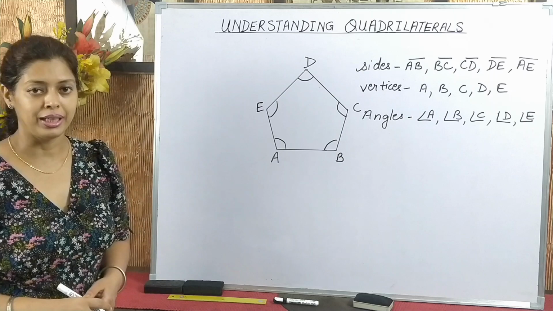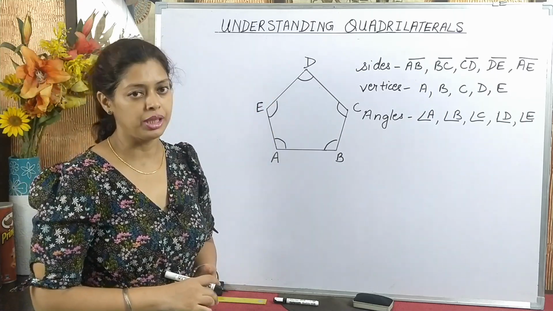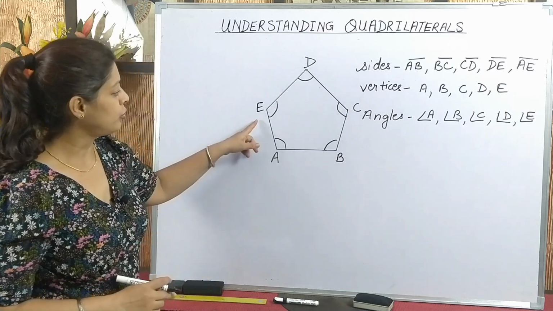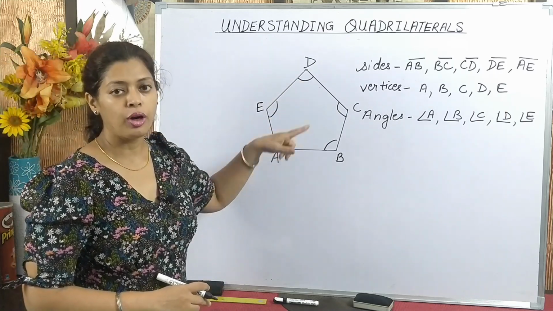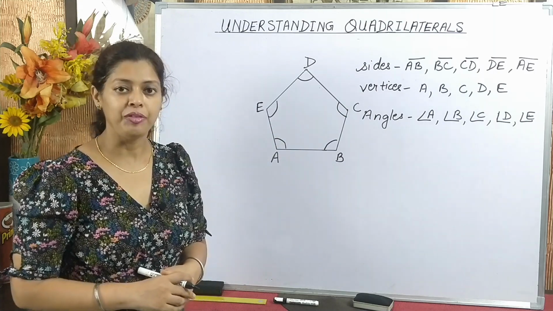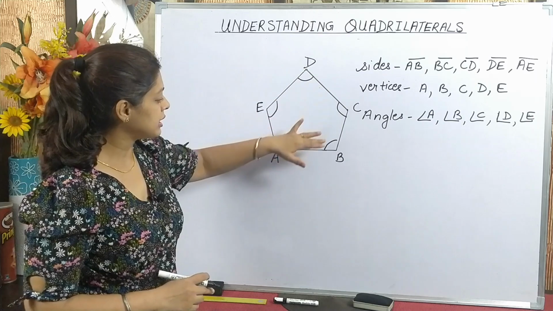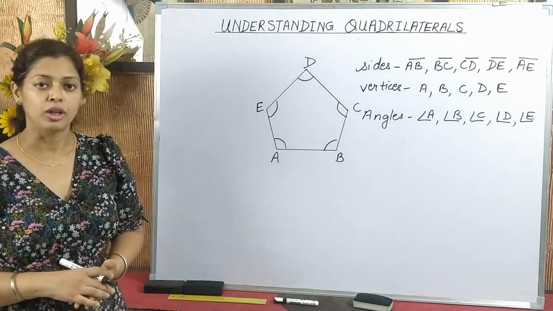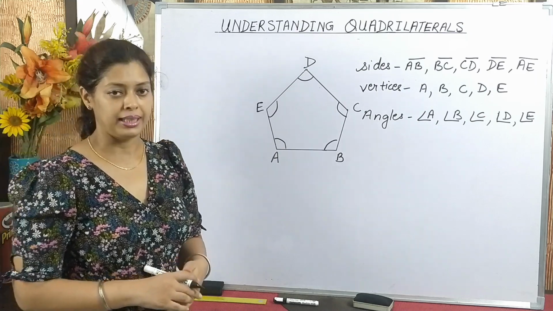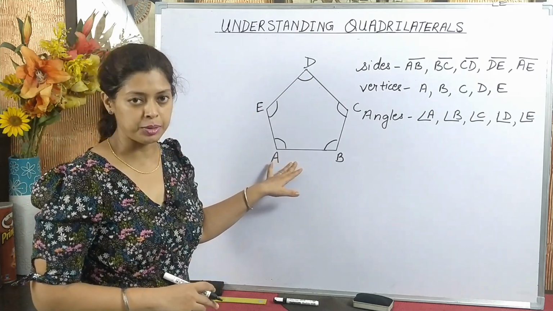Another point to be noted is that all these polygons are 2D or two-dimensional shapes where you can move left or right or you can move up or down, but you cannot move in or out like we can do in solid shapes. It means that all the vertices lie on the same plane, and also these are closed figures, that is the sides are connected such that there are no gaps between them.